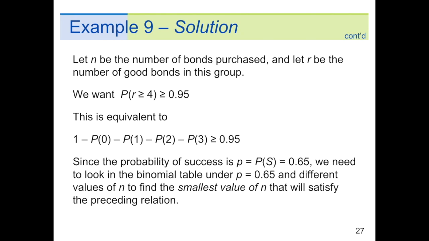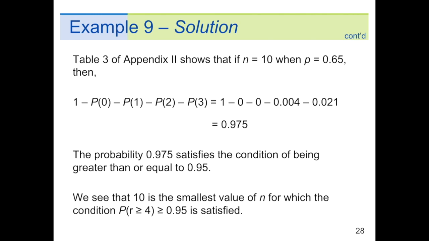So since the probability of success is P of S equals 0.65, we need to look in the binomial table under P equals 0.65 and different values of N to find the smallest value of N that will satisfy the preceding relation. So we look under the table at different values of N to be able to get the probability that we're looking for. In Table 3 of Appendix 2 of your book,